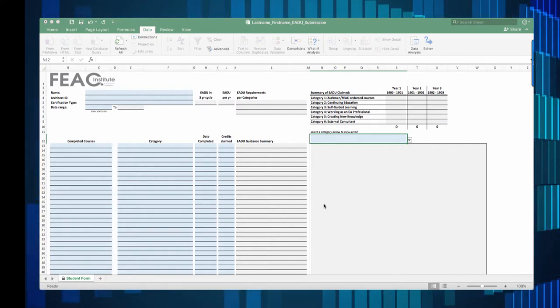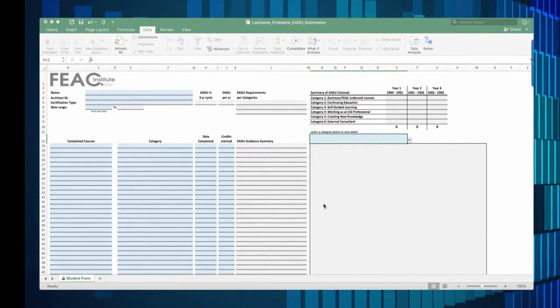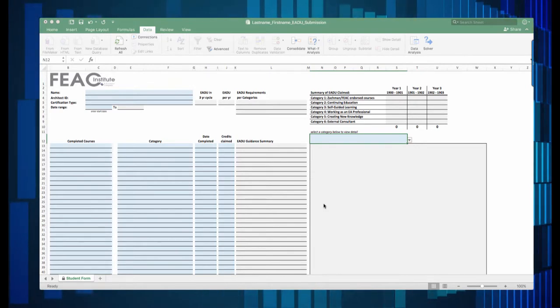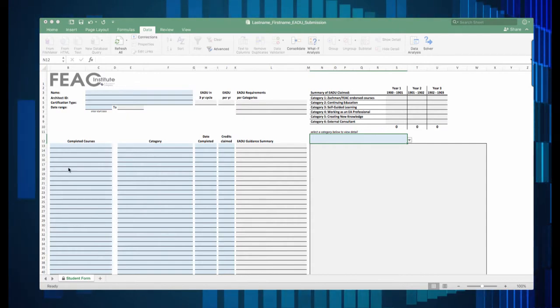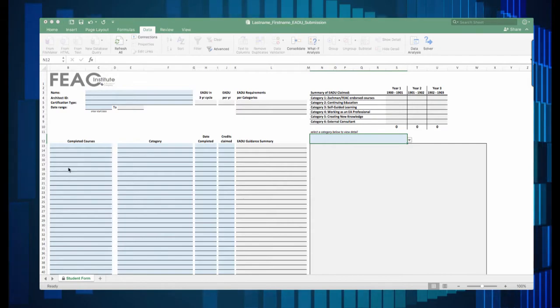So your EADUs, your Enterprise Architecture Development Units, are proof that you've continued to develop yourself as an enterprise architect. So what we're going to be doing is a quick review of this sheet. If you're unfamiliar with the certification programs, maybe this is your first time or it's been a while, you can